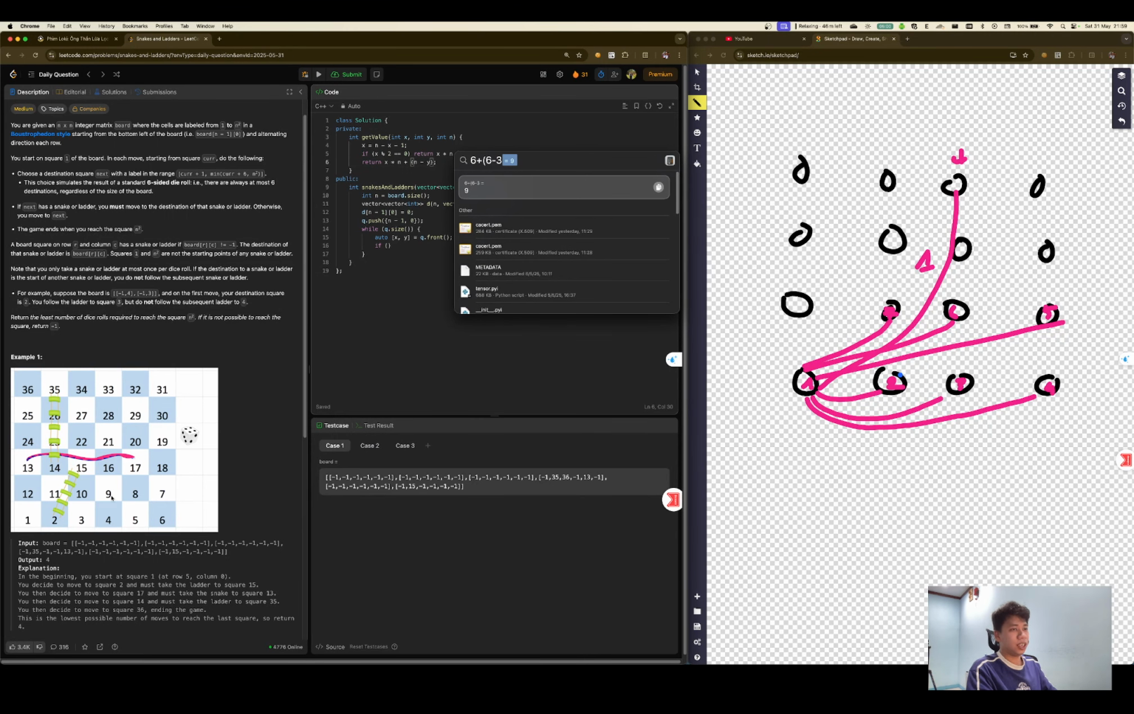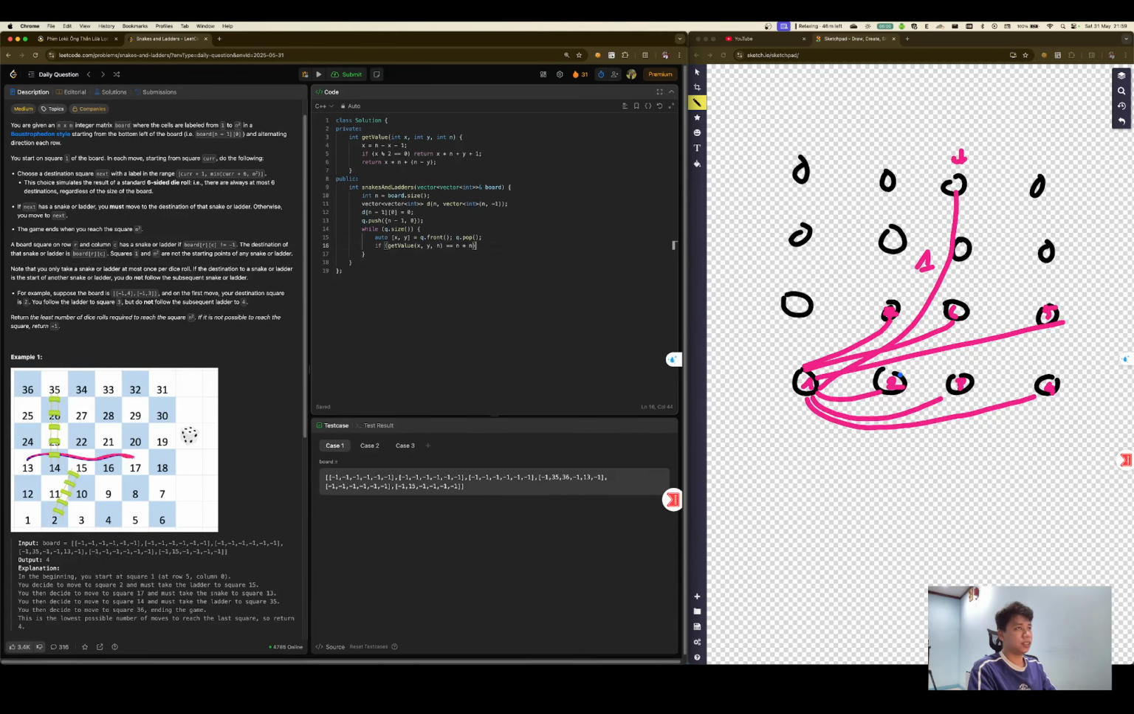Okay, if the value of y is the last target cell square, we return this, and if not we return minus 1. We can find a path from 1 to that cell, but there's only one way, I believe so. And we need to loop for each value